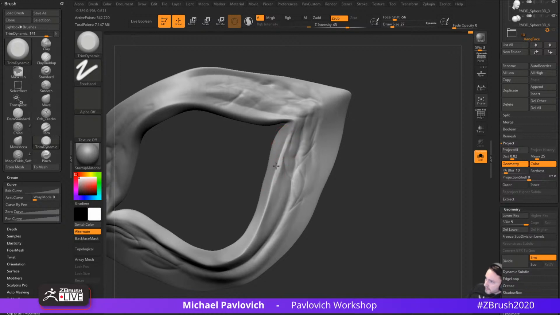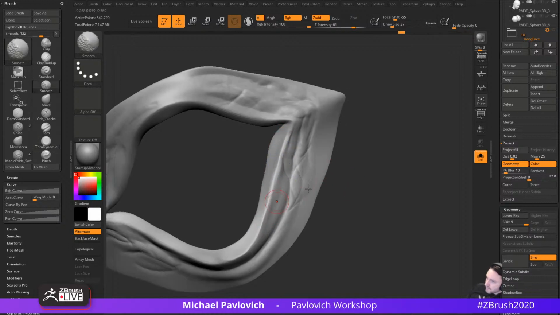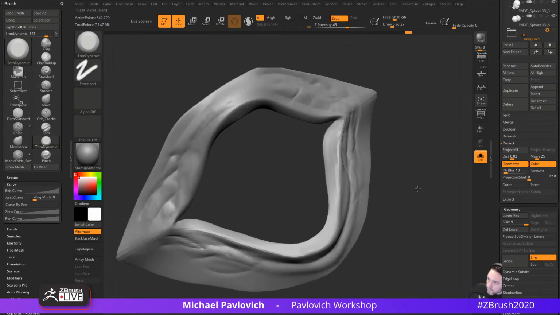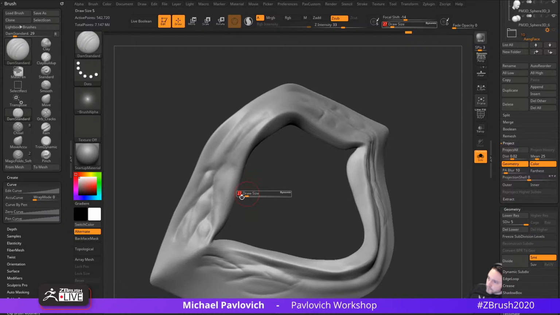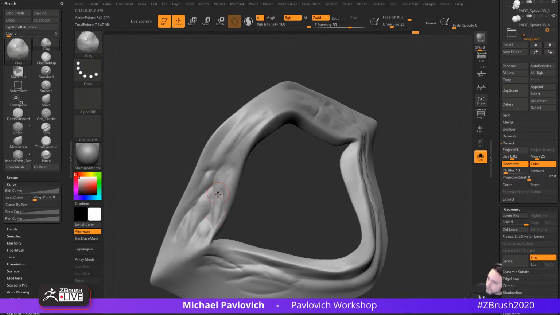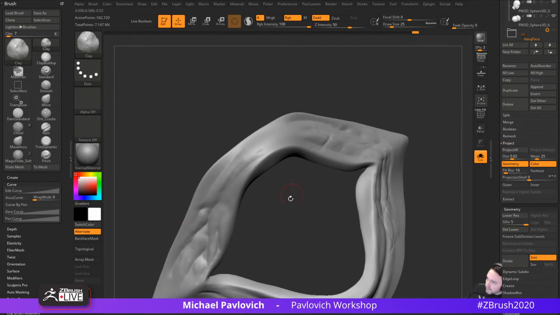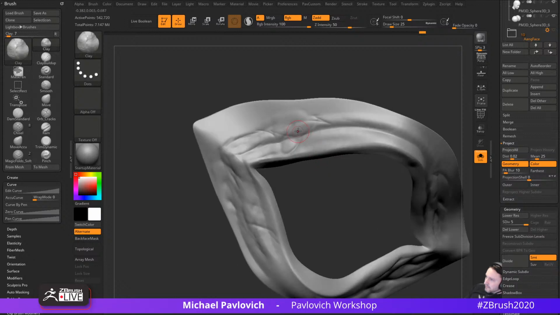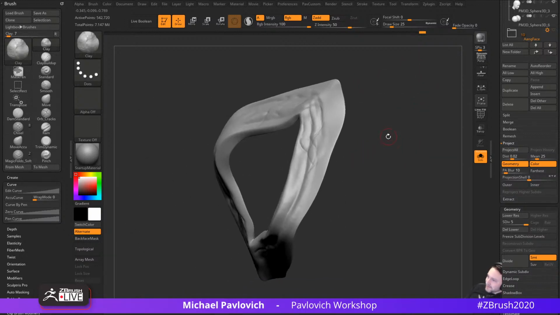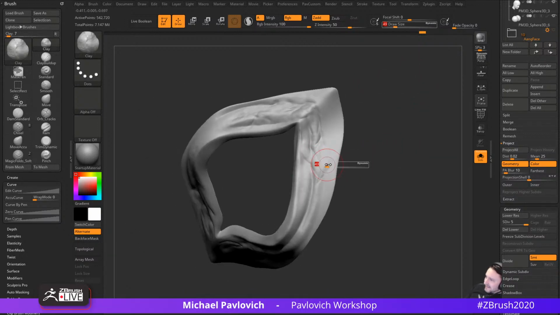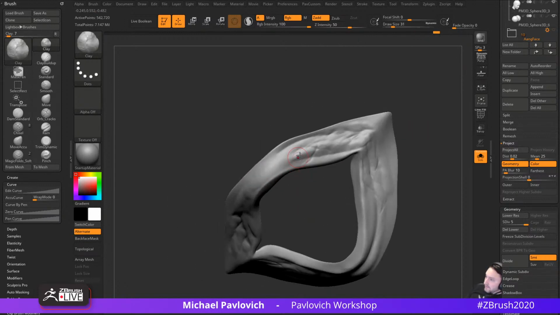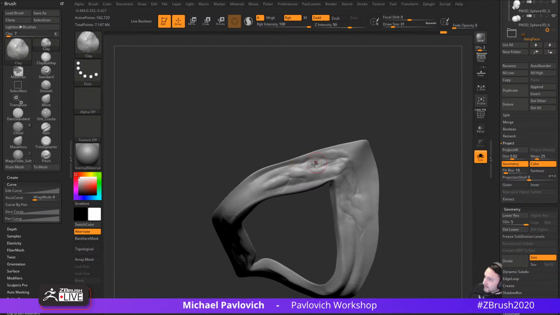So let's go ahead and back into our Trim Dynamic, and we'll soften this transition a little bit. It's a little bit harsh. Boy, it seems like it's been a while since I've done an organic sculpt. I'm a little bit rusty, a little bit all thumbs going through here. I've been in hard surface land for too long, and hell, even just asset creation, I haven't really done a